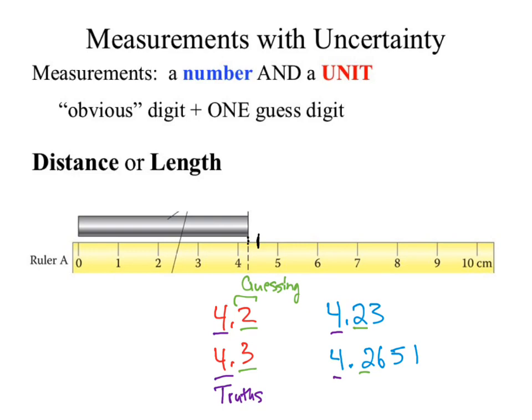What you've done by adding that 5 is added an extra decimal. In this case, the 3 and the 6 in these numbers are based on the information in front, just like with our guess. The 2 is based on the information of the 4. What could you tell me about the 4? It was the truth. You're guessing on the truth. This is an educated guess. If we move to the blue ones, our 3 and our 6, what are we basing our guess on? The 4.2. A guess. So you are guessing on a guess.